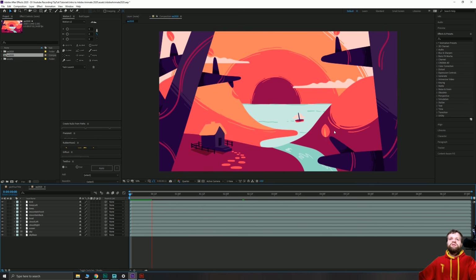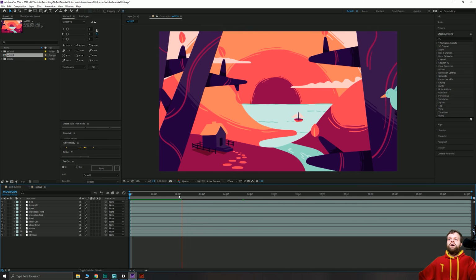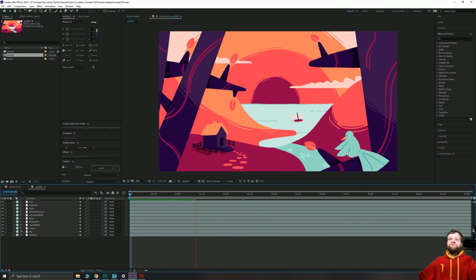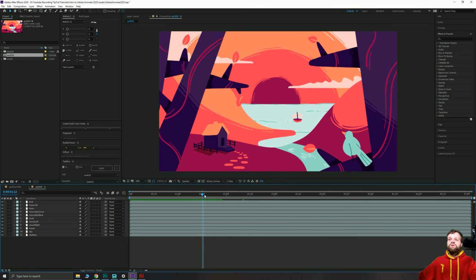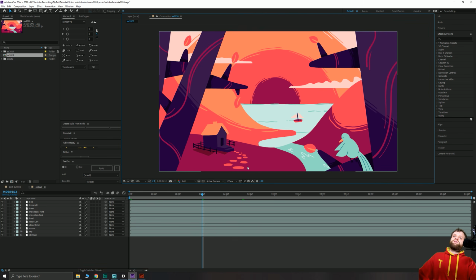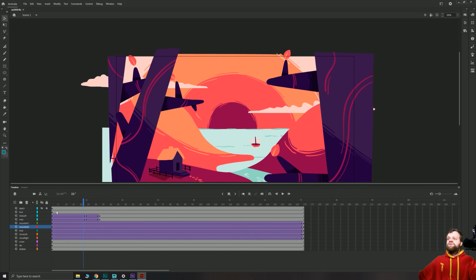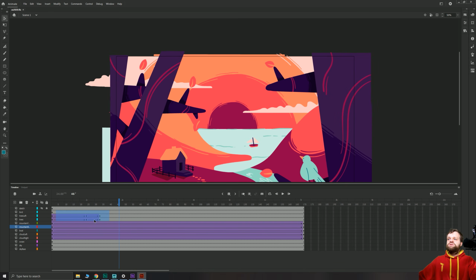And as you can see, it's maintained all of the animation that we've done previously, but it's also separated out each of our layers into different SWF files inside of After Effects, which is going to be really useful for us. Because we're going to add some nice roughen edges and some nice posterized time effects to smooth out some of these animations. So if you can see inside Adobe Animate here, some of our animations are done frame by frame, such as the bird, but some of them, like the movement of these trees and things, are done with